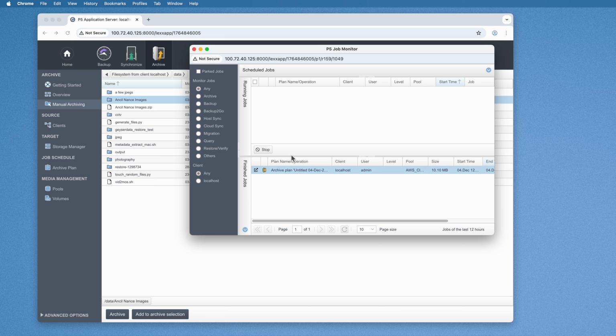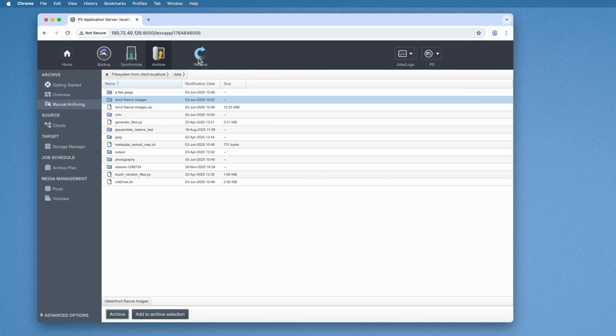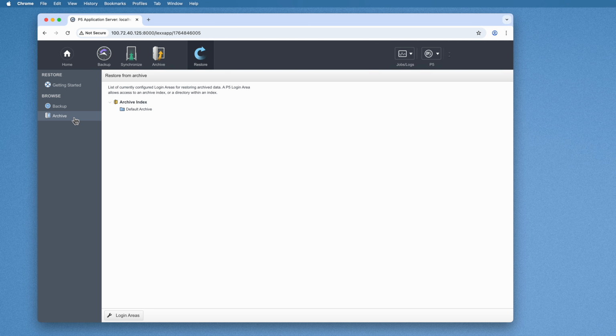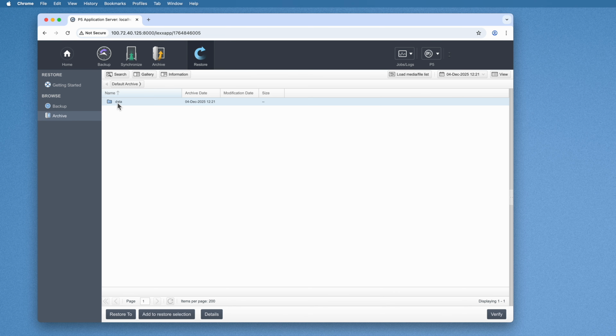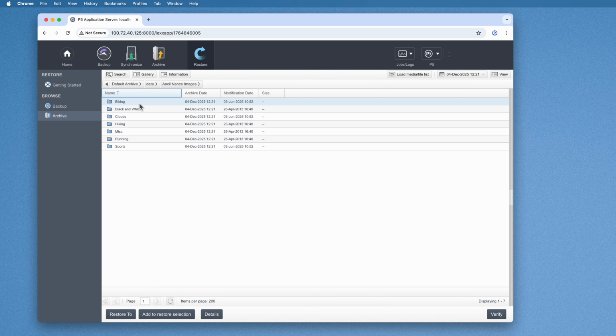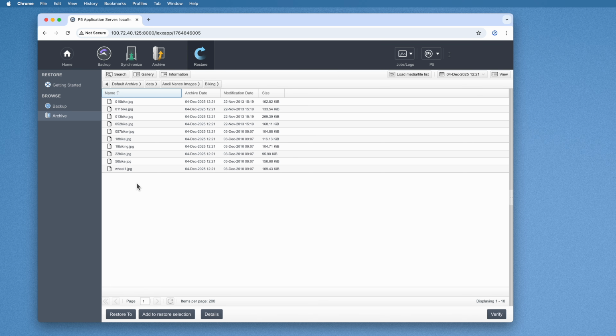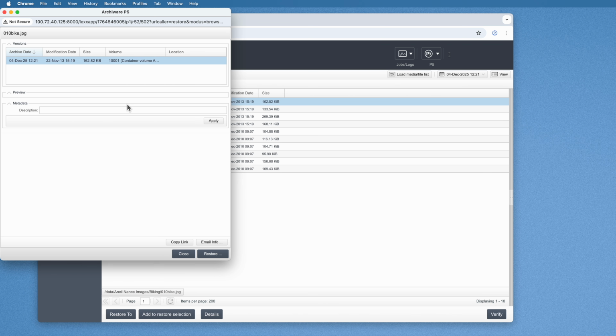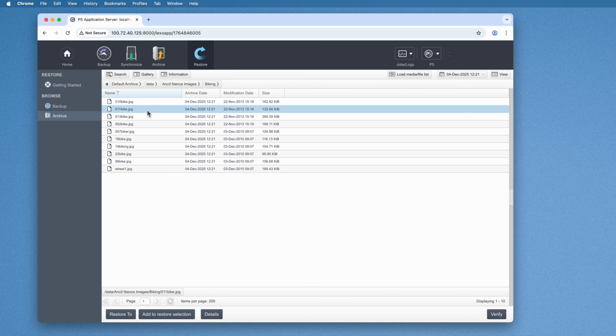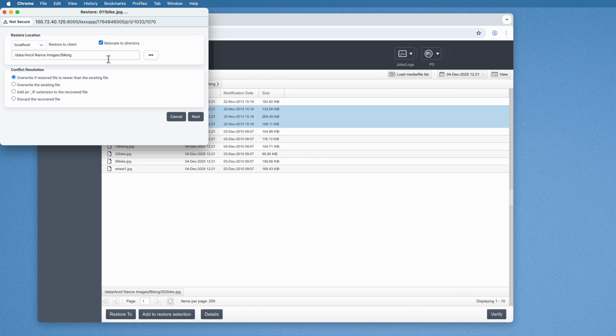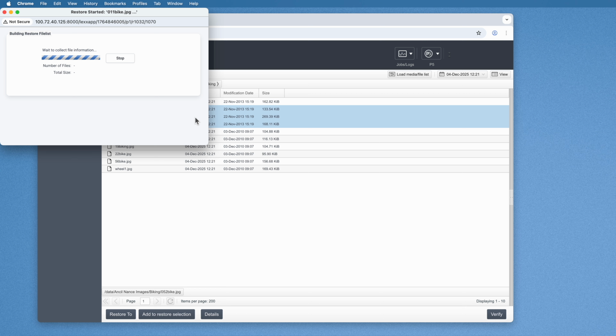The job finished. So if I now drop to my restore icon, look at the archive index to restore from, browse into data, I can see that I've archived these JPEGs, and when I double click on one of them, you'll see that the target storage where they've been saved is my AWS Cloud Archive container. So these are now in that cloud bucket, and if I decide I want to restore a couple of these